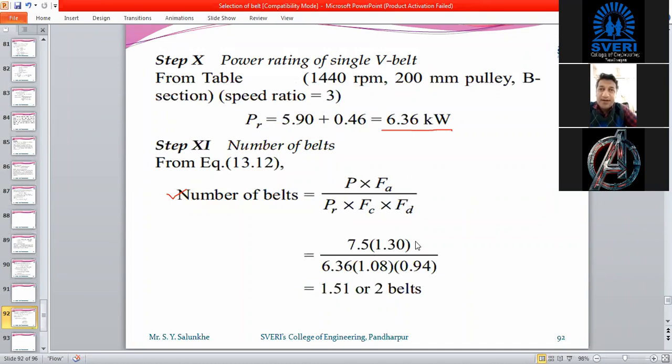All these factors we have calculated in the previous calculation. By means of that, the number of belts comes as 1.51. That is 1.5 belts, but that is not the case. Anywhere we have not seen 1.5 belts. We have to use 2 belts to transmit 7.5 kilowatt by means of V belt drive.